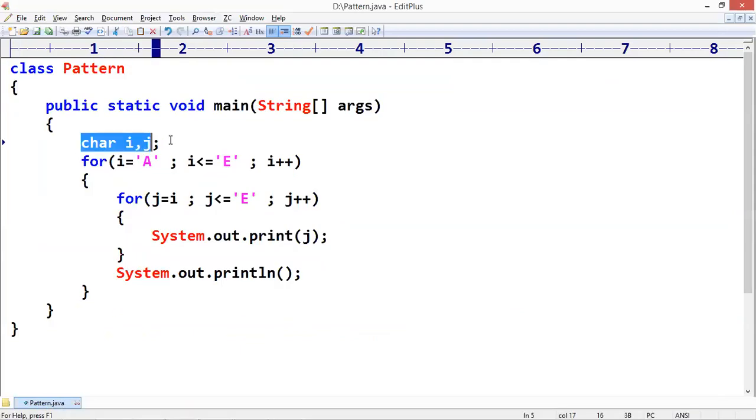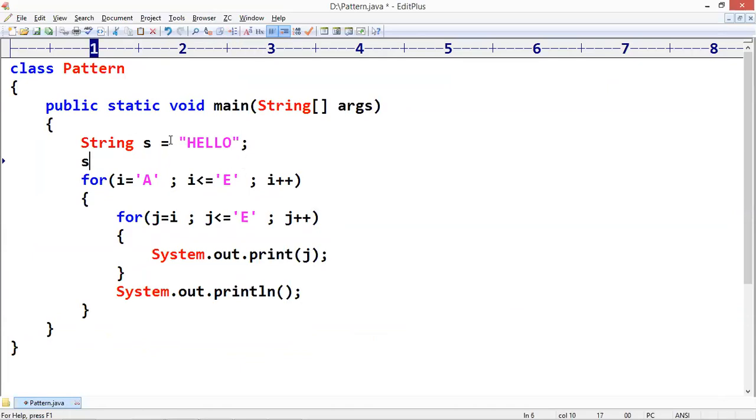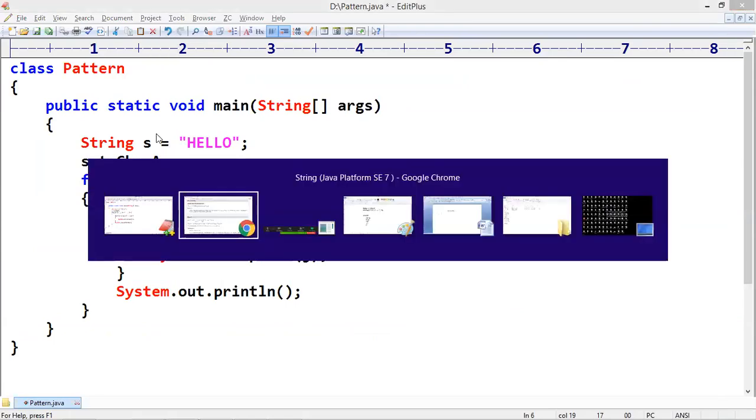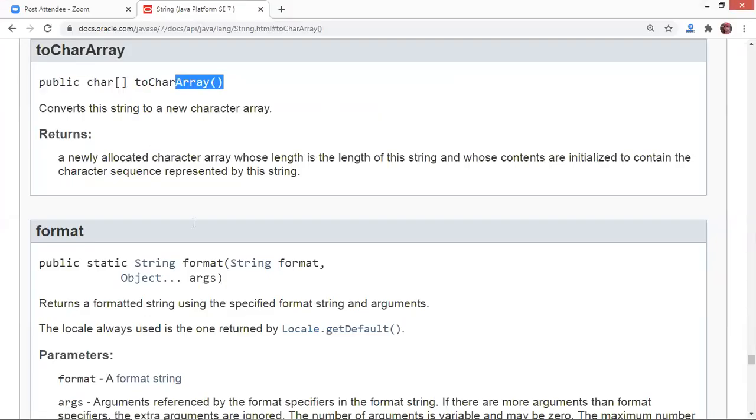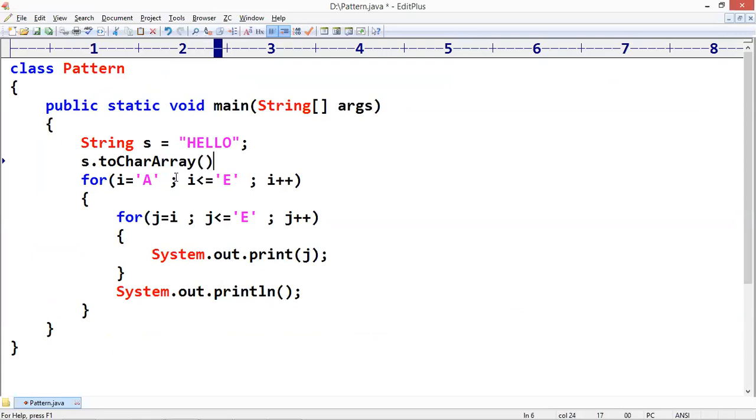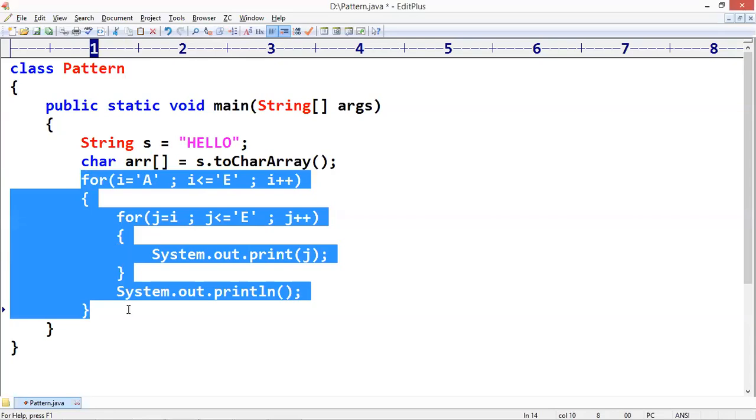For example, take the string s is equal to hello, s.toCharArray is the function. It will return the character array. We just convert into this one. And sir, how to get the length? Length you can find out with arr.length, 5.